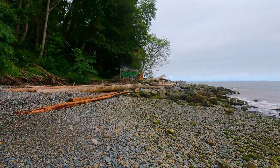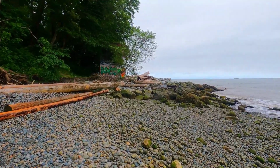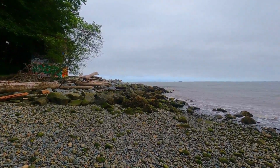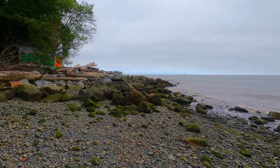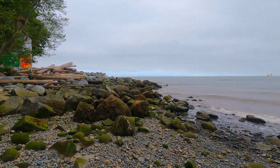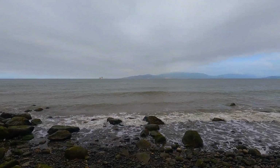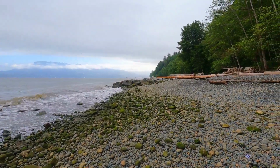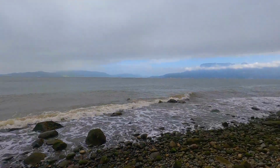Okay, so I made it to the West Tower. I gotta say, if you come here and want to explore around, wear proper footwear, because this is not the easiest terrain, as I mentioned before. The pebbles are not fixated in place, so they move around and your foot goes right in the ground. It's not the easiest ground. So you can see it's not that far away, but it's taken me a good 20 minutes to get here,